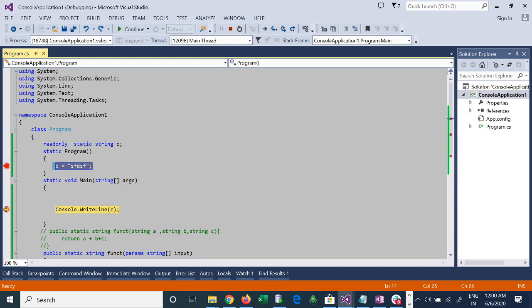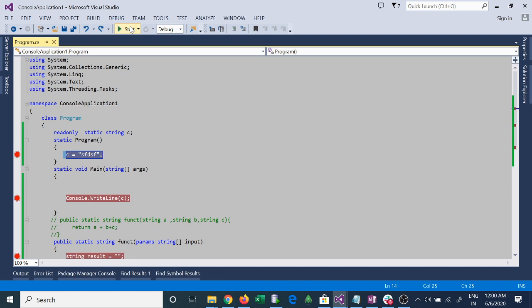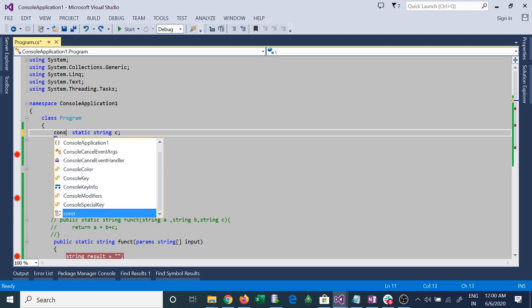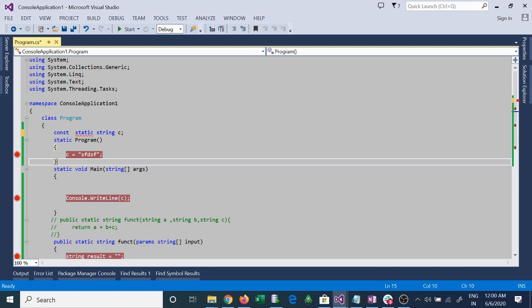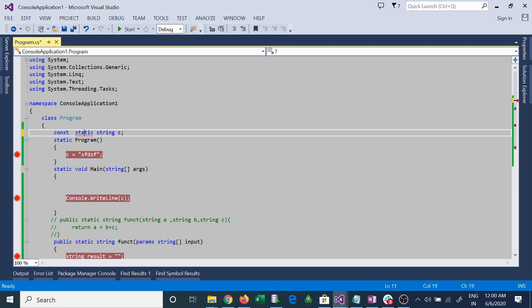But suppose, let me write here const. This is the const keyword. Let me remove this const static.